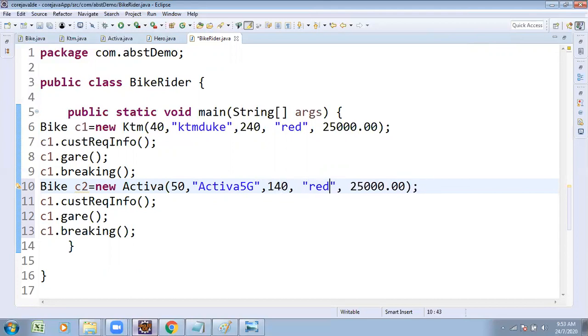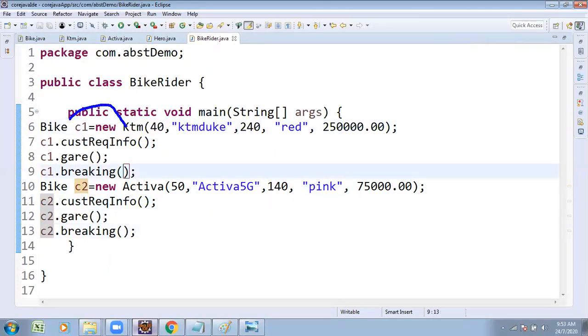Color maybe available or not available, I don't know. Expected price is 75,000. Next, similarly, c2 dot gear, c2 dot braking. Customer 1 expecting KTM, that's why I passed the reference as KTM. Customer 2 expecting the bike Activa, passed the reference as Activa.